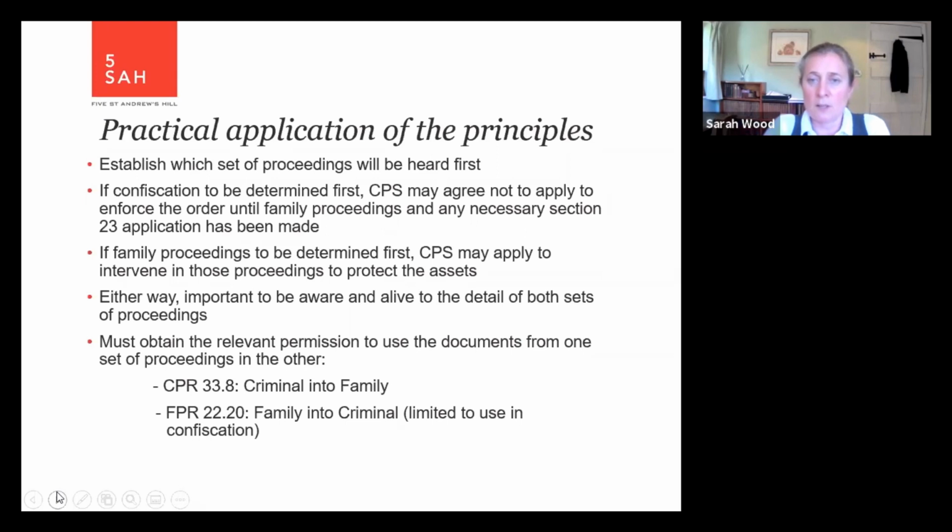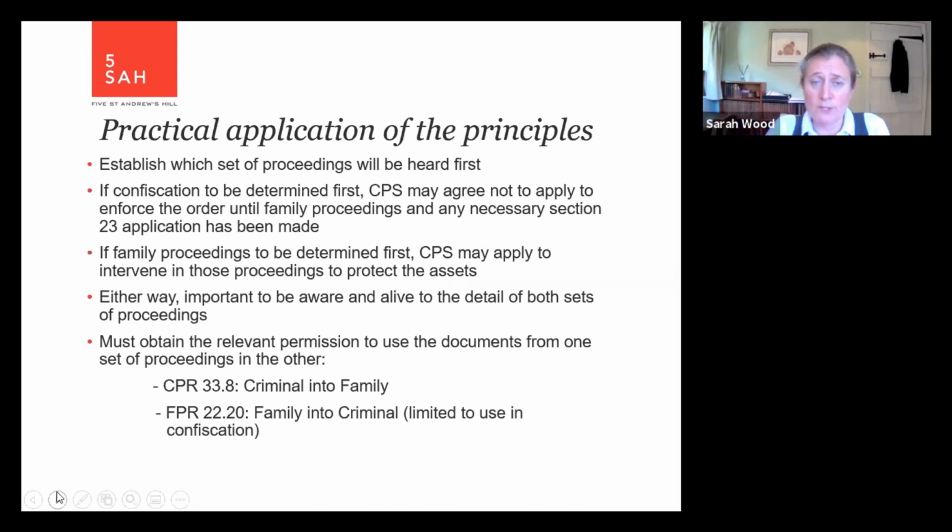Because it's not hard to see in a straightforward case where, let's say, a property is held as joint legal owners of the matrimonial home, within the confiscation proceedings the court makes a finding that the defendant's available amount relates to his 50% of the property. If there are then family proceedings,